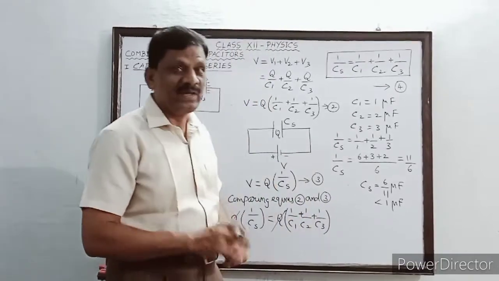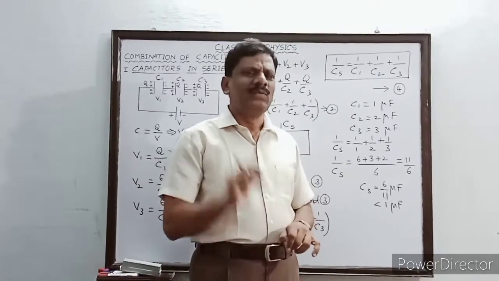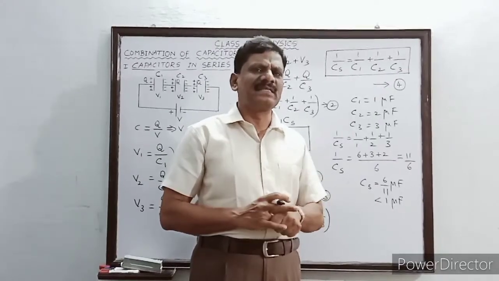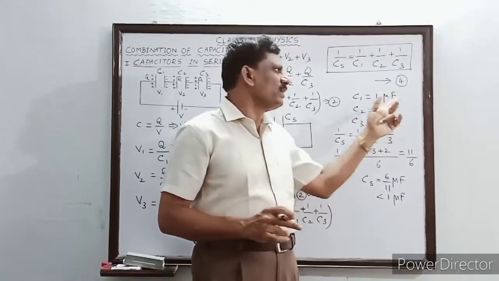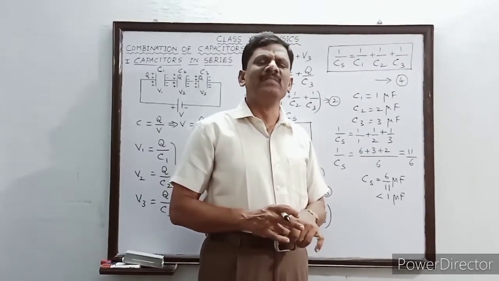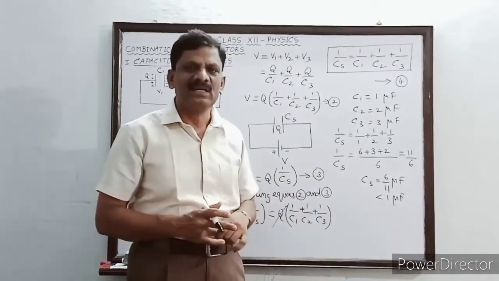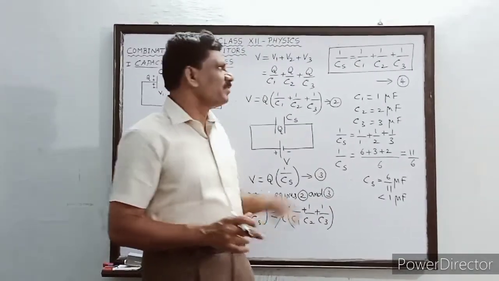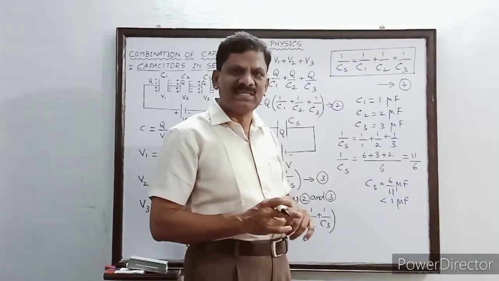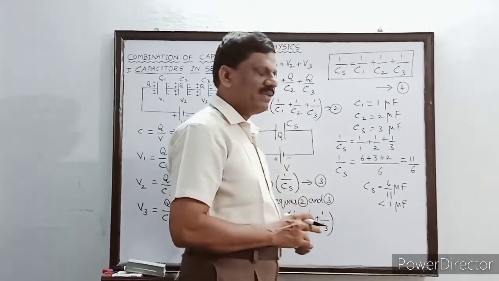Hope you understood. Now we are going to derive by connecting several capacitors in parallel. Before that, one more small question you answer. If 4 capacitors are connected, how many terms should come in the right hand side? 4 terms. The fourth term is 1 by C4. Then you tell me, if n number of capacitors are connected in series, what should the expression be? 1 by Cs is equal to what? It will contain n number of terms on the right side. That is, the last term should be 1 by Cn. Okay, fine. We will see the next.